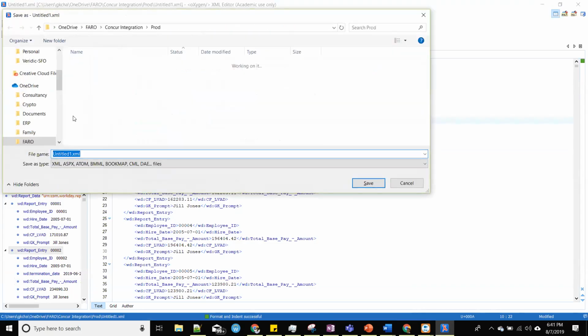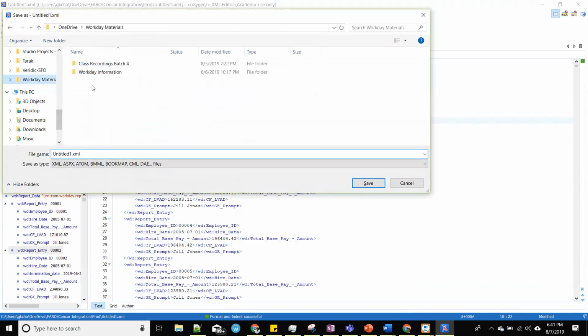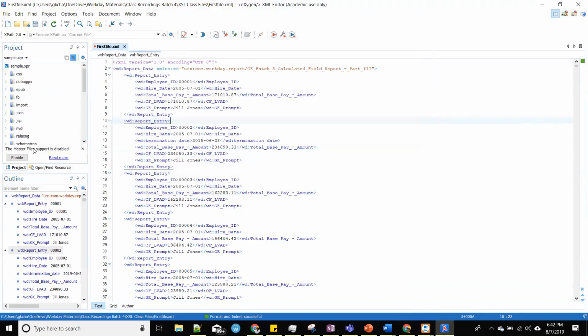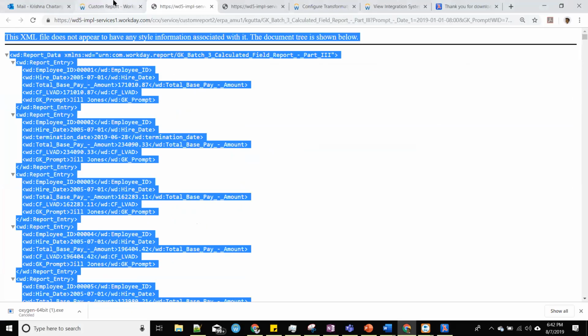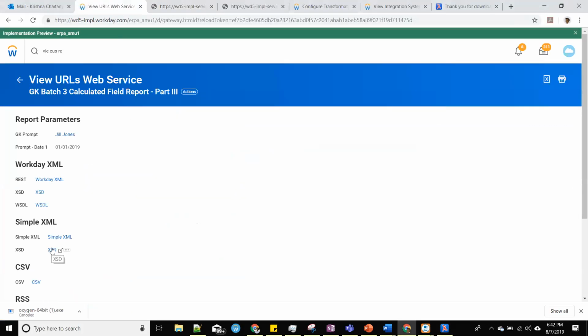Let me say, XML. I would also always take, I always recommend to take the XSD, the schema,